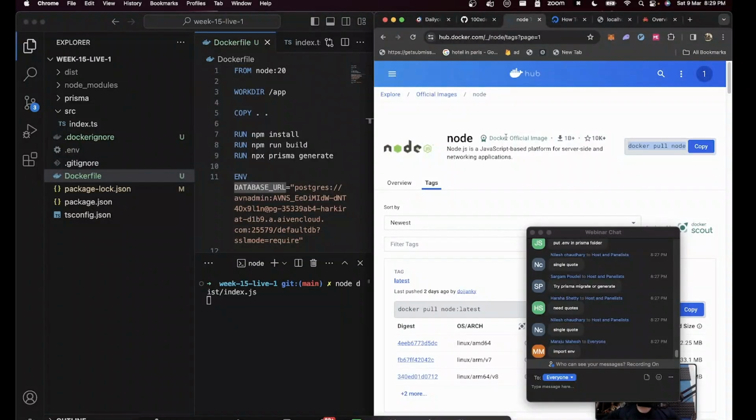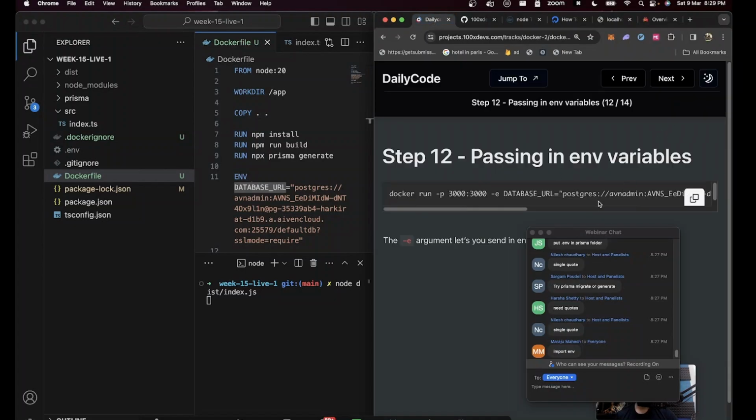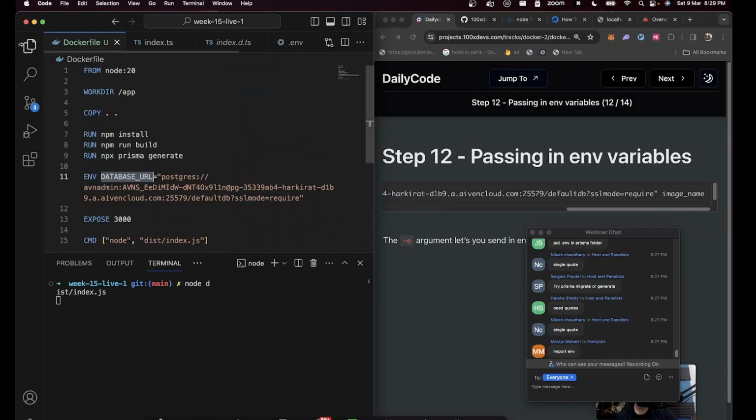When you start the image is when you should inject an environment variable, which is why you will notice in slide number 12, I say Docker run, add the port mapping. And here I introduce the database URL environment variable and run the specific image, because I don't want my secret hard coded in my image. Can I do it? Yes, I can hard code my secret in my image.